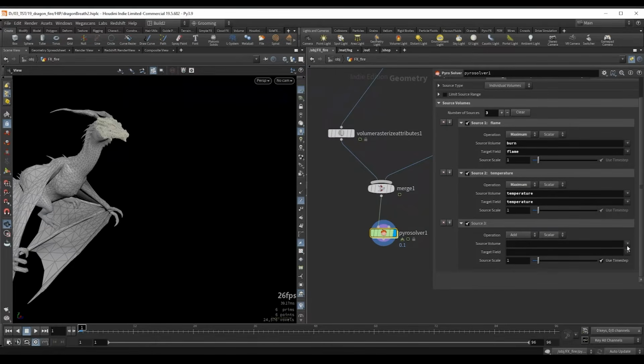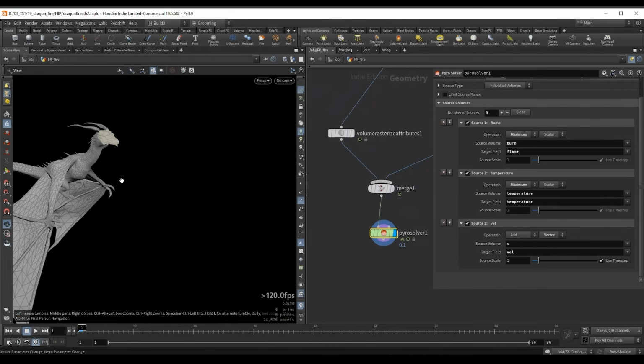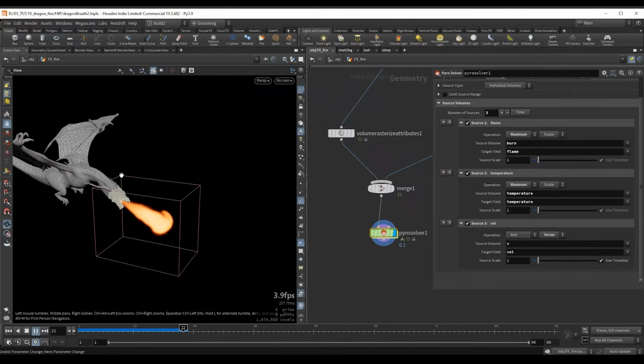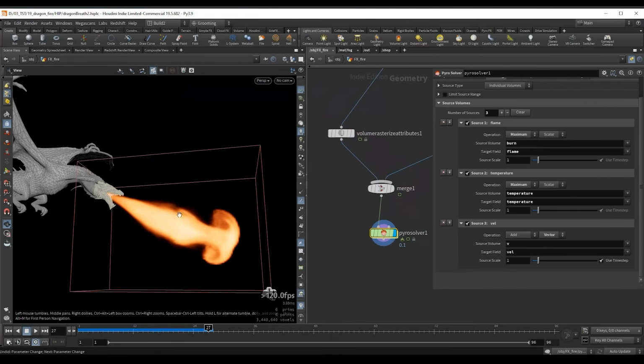So let's source in our velocity. This will be a vector, and the name will be v, and the target field will be vel. And we are going to change this in a second, but let's just leave this at add for now and see what we get with these options. So if I press play, all right, we kind of get a decent result.